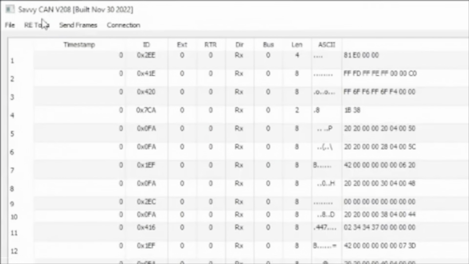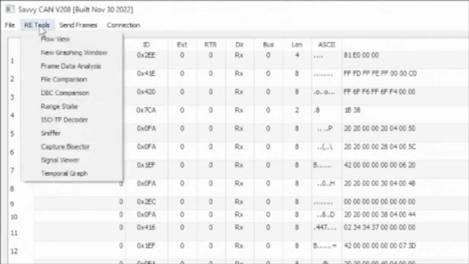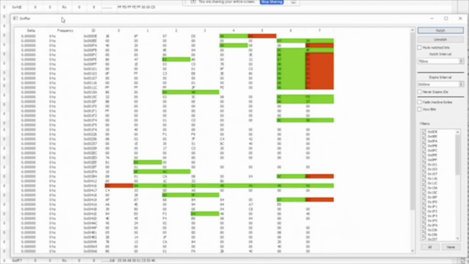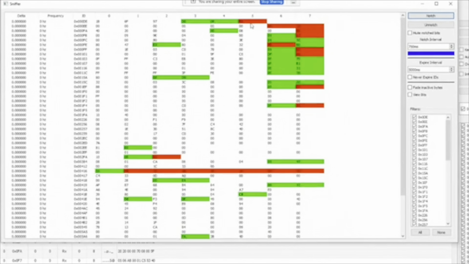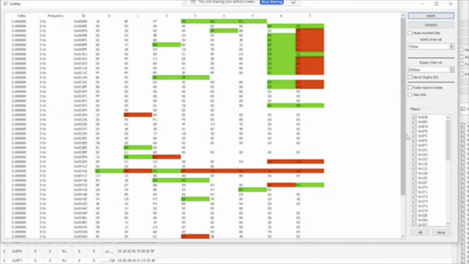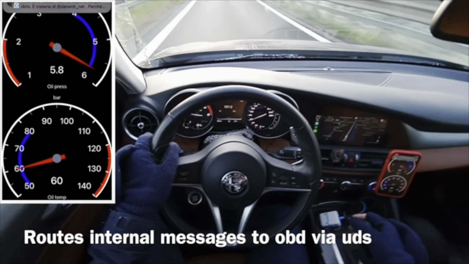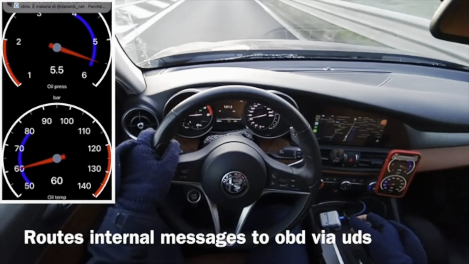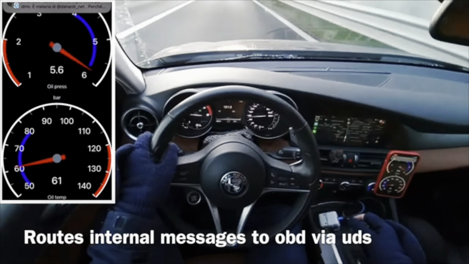With a tool on the PC, for example SavvyCAN, it allows sniffing on the CAN bus of cars. It allows you to decode messages, perform reverse engineering and re-inject messages on the CAN bus. It is an excellent diagnostic and hacking tool for the CAN bus. The route messages function of the backable allows routing an internal CAN bus message towards the OBD port through a UDS message.